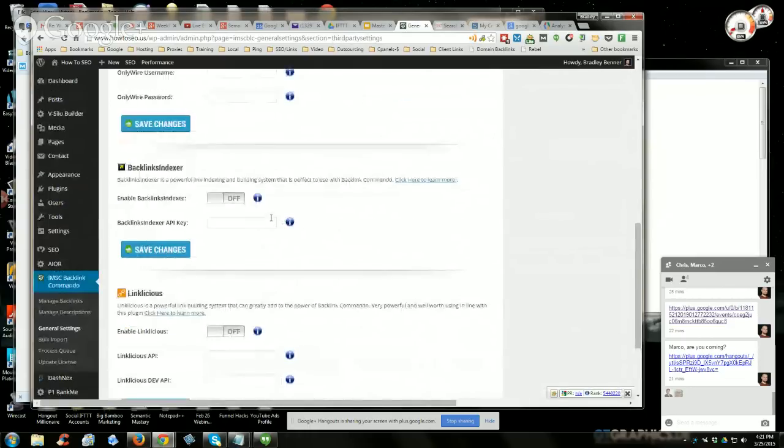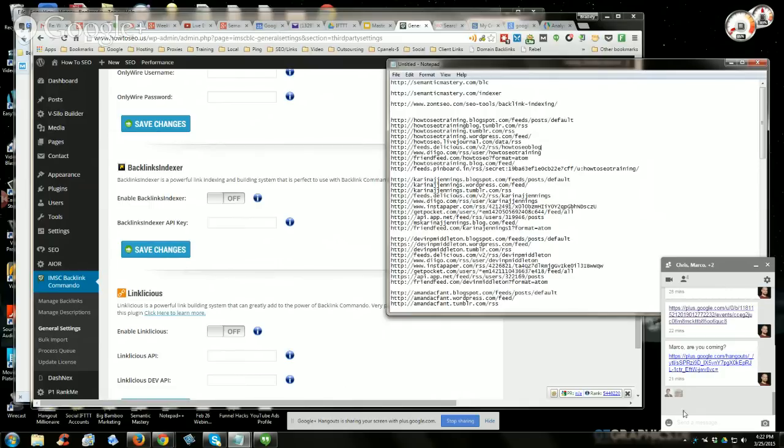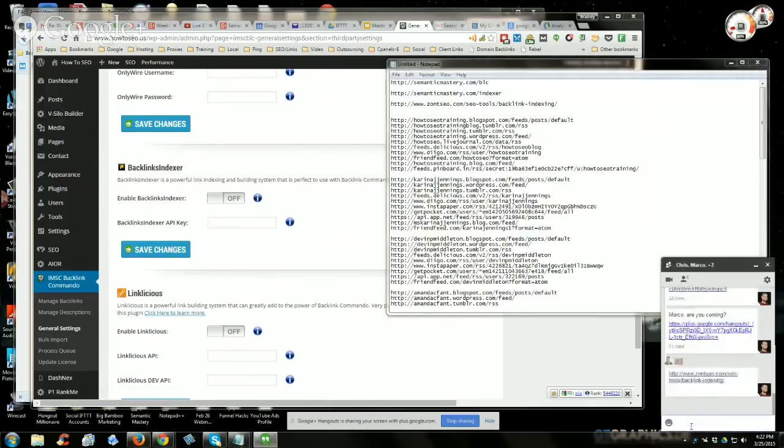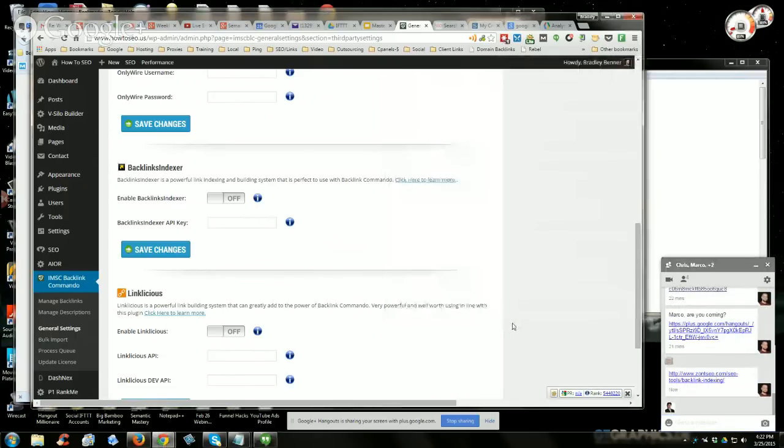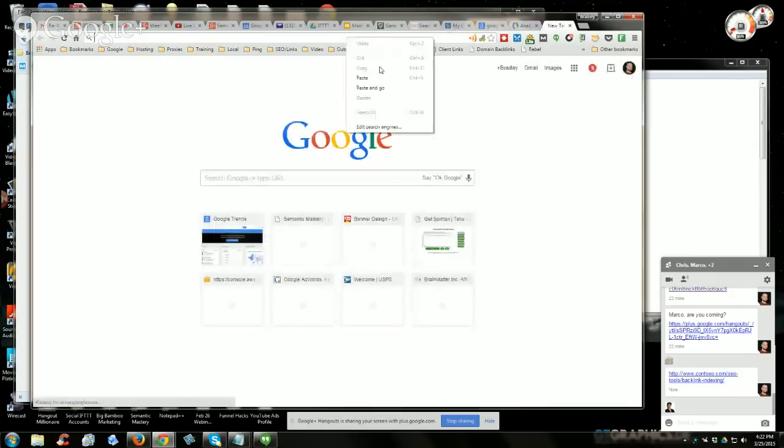Out of these 4, the best one is Backlinks Indexer, guys, and I've tested, I don't know, probably a dozen different backlink indexers over the years, and Backlinks Indexer is one of the best. In fact, Hernan, I'm going to drop this in chat if you can put this on the events page. This is a study that was done last summer by Zont SEO, who was basically the number one training source for SE Nuke. If you're familiar with SE Nuke, you'll be familiar with Zont SEO. They tested multiple services. Let me just show you real quick.